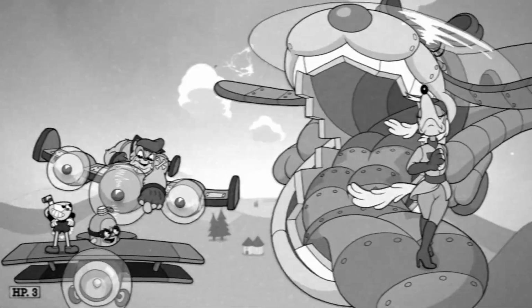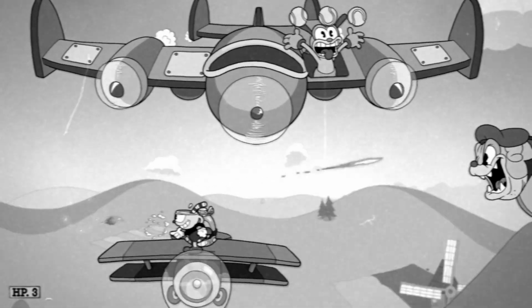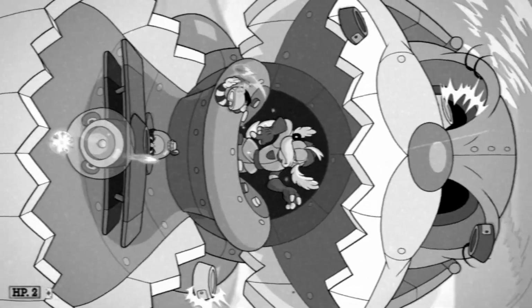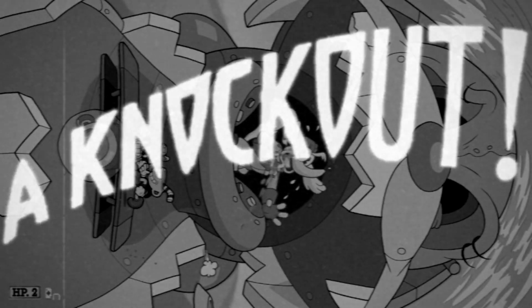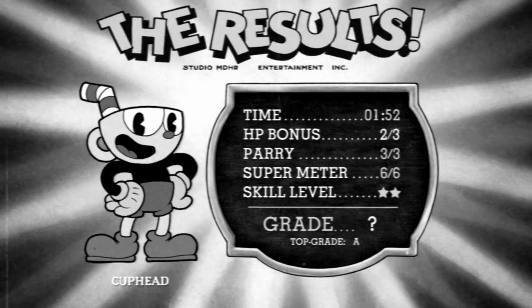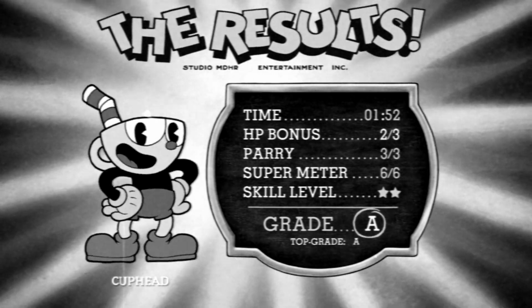The Howling Aces were an easy fight. Tons of parries you can get in phase 1, phase 2, and phase 3. The rotating segment was hard, but there's a setting in the game that you can use to make it not a nightmare. Otherwise, a pretty easy fight. Anyway, the next fight is